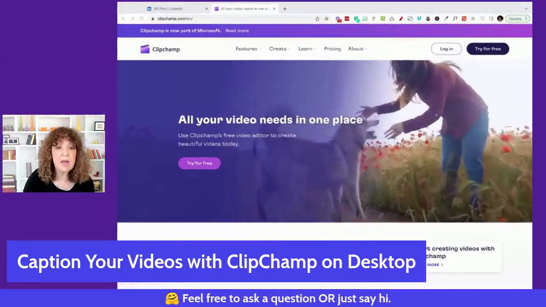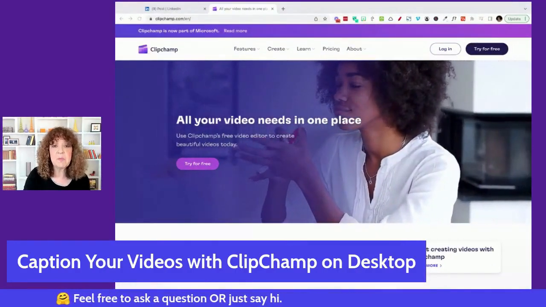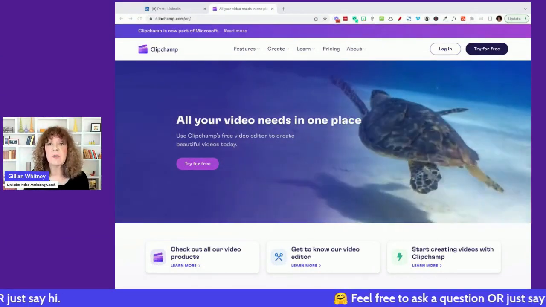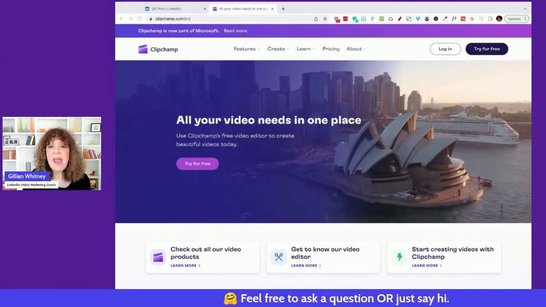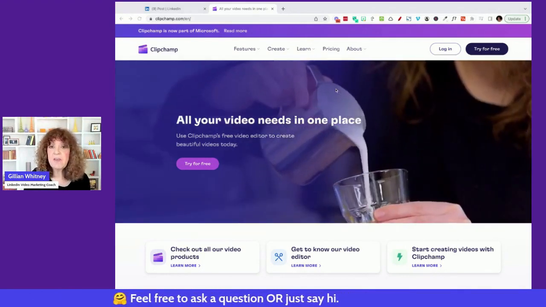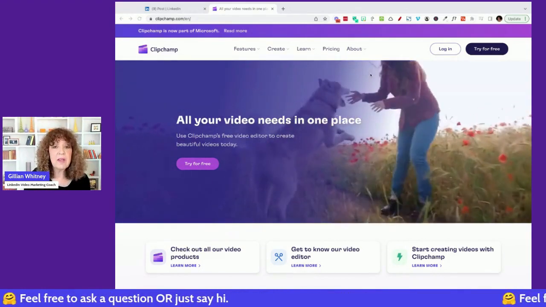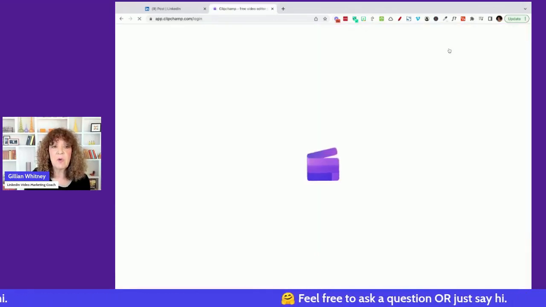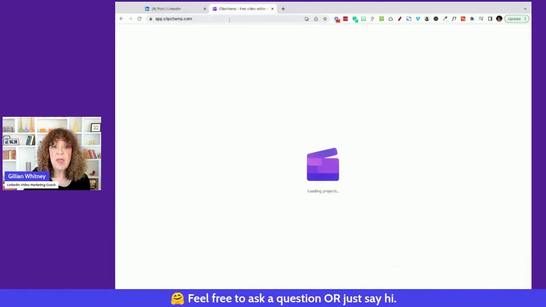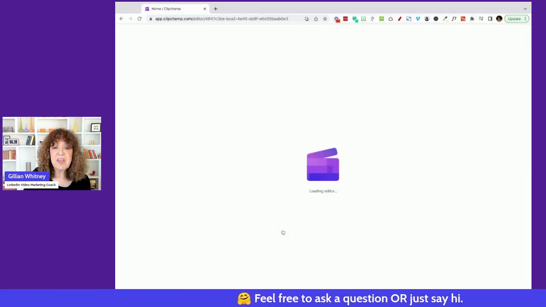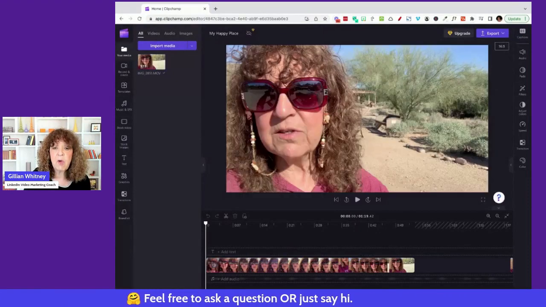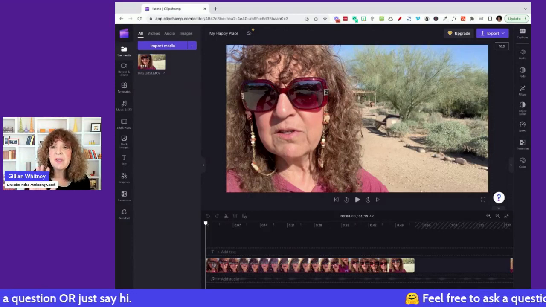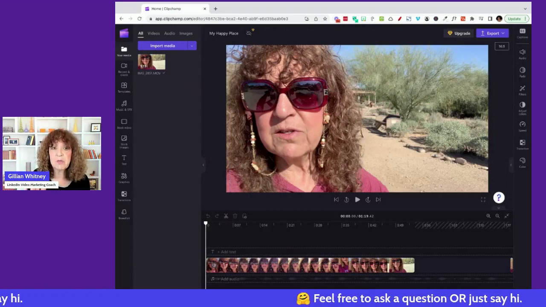I'm going to, let's see if I can make my screen bigger and me smaller. I will get rid of the banner so that hopefully all you can see now is just Clipchamp. And let's see if I can figure out how to do all of this from my one little screen. So what I want to do is I'm going to go ahead and log into Clipchamp. So here we go. I have a video. So I'm going to go ahead and open this video. And I'm not going to do any editing. What I want to show you is just how the closed captions work.